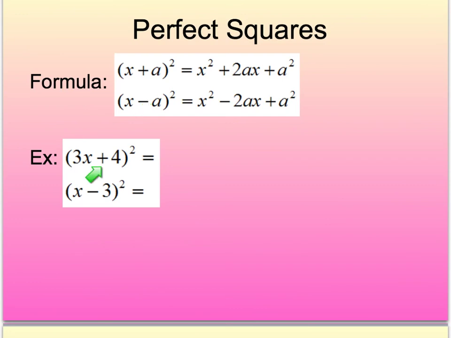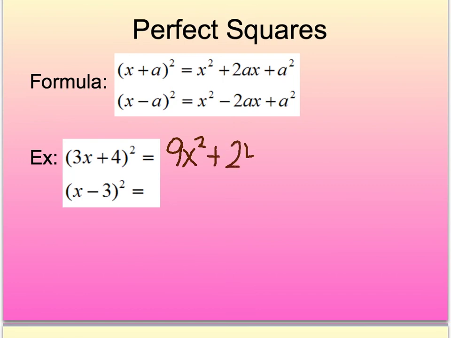And so for this first sum, the formula says take the first term and square it. So I'm going to take the 3x and I'm going to square it, which is going to give me 9x squared. Then the formula says do 2 times the second term and the first term together. So I'm going to do 2 times 4 times 3x, and that's going to give me